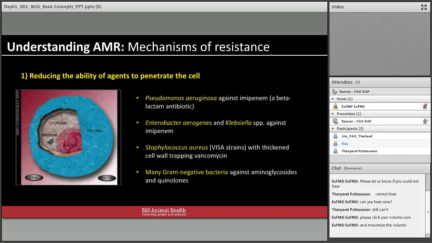Some examples of these you will see with Pseudomonas aeruginosa with imipenem and with Enterobacter against antibiotics. We've seen this particularly in VISA, or vancomycin-intermediately resistant Staphylococcus aureus. You will see that the cells start to become mucoid. They become more sticky, like your snot, because they start changing their cell wall so that the antibiotic cannot enter them anymore. So, another mechanism.